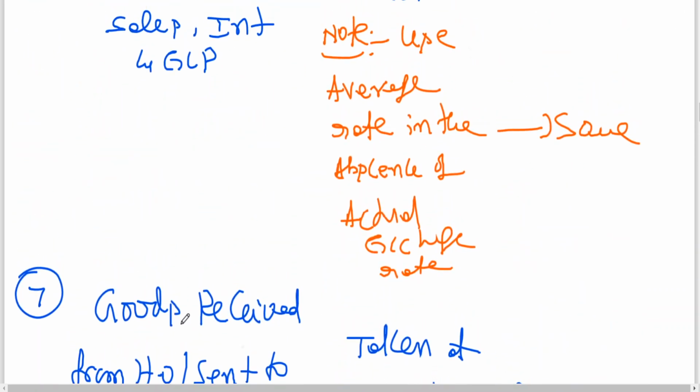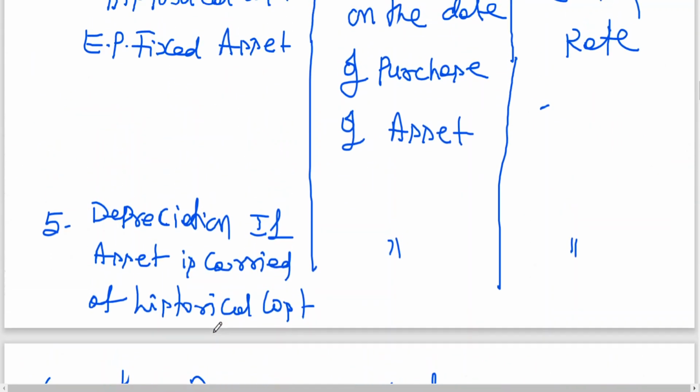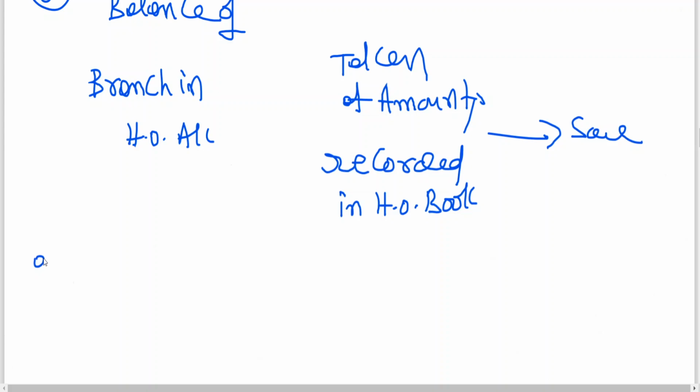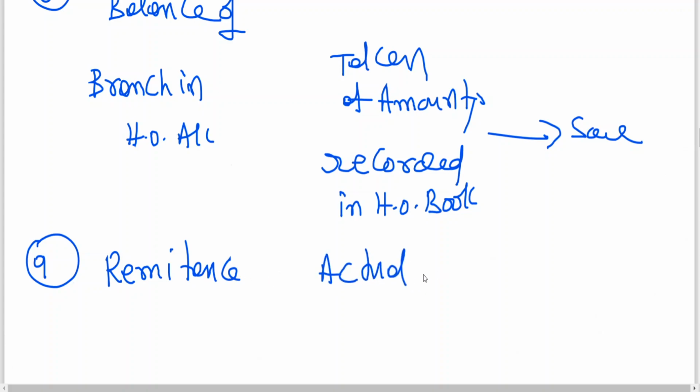I think we are having similarities between integral and non-integral. Later on you can go through it and see for yourself where we are having exactly different, so that you can remember. That will be easy. Remittances means cash is being sent. Actual exchange rate as on the date of sending them. Here also same, actual exchange rate only. Remittances means sending the money.